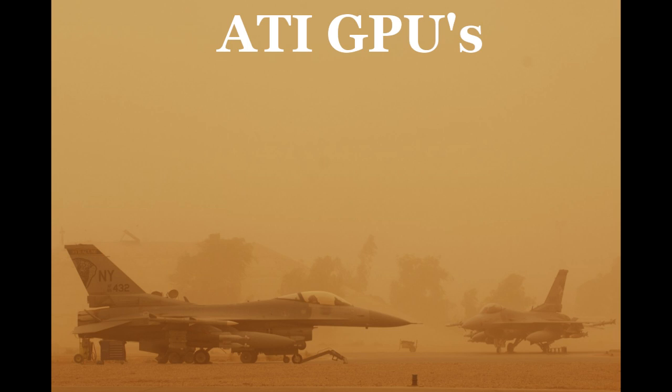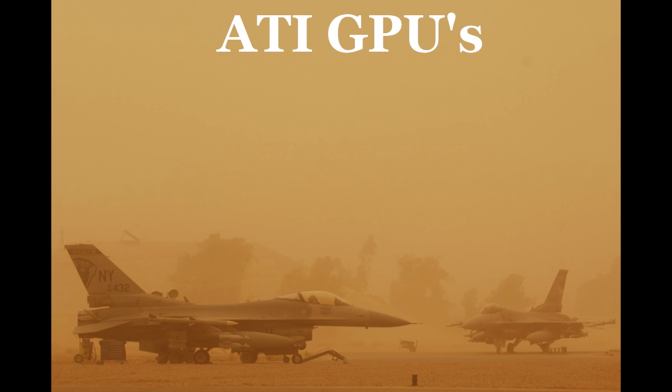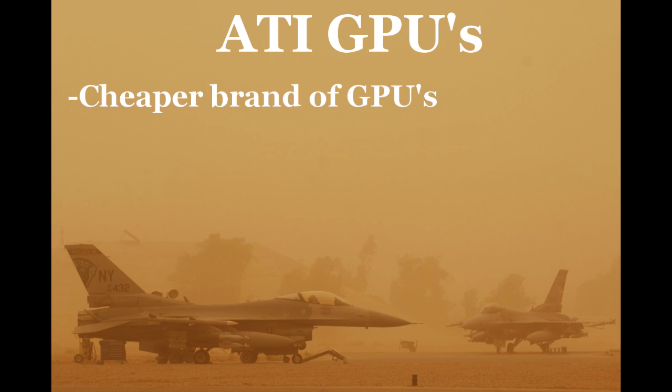So first I'm going to talk about ATI graphics cards. You can think of it as AMD's graphics card line. It's not the same company, but they're kind of on the same side of budgeting and pricing, and you just imagine there's a big price difference between Nvidia and ATI, and ATI is really similar to AMD's price range. So first of all, ATI has a thing called stream processors, and that really determines the speed of the